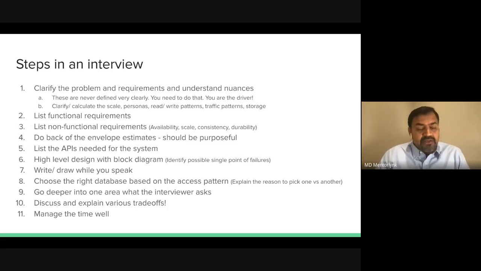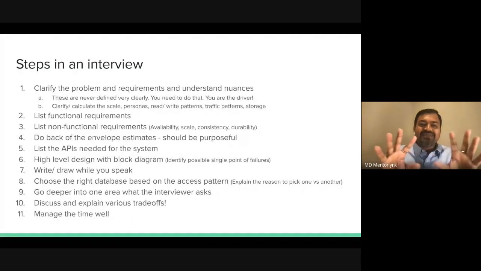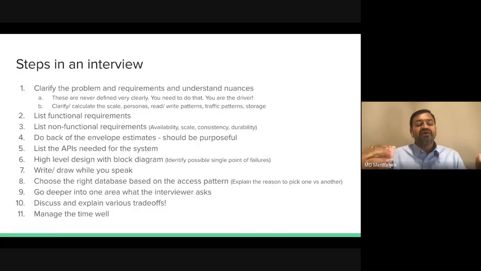Number 6 is you want to lay down a high level design with the block diagram. And this is not it. Sometimes people just lay out, okay, I have a client, I have a load balancer, I have this server, I have this database. That's a skeleton. That's not your achievement, that's the baseline. So draw it out first of all, because on top of this you might build something up, which is your real interview question. You don't want to take that as the achievement that, yeah, done, this is my system design. That is the baseline, laying the foundation, and you should get that out of the way as soon as possible. So lay it out very clearly.